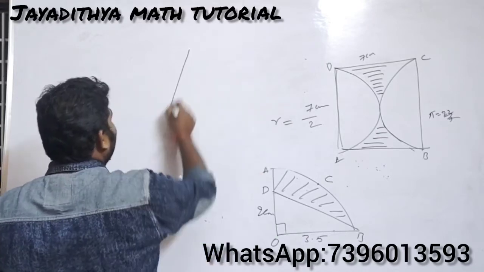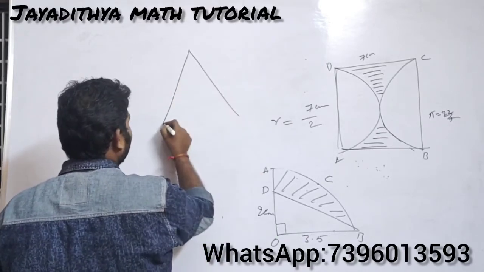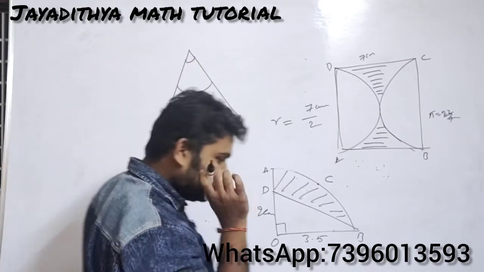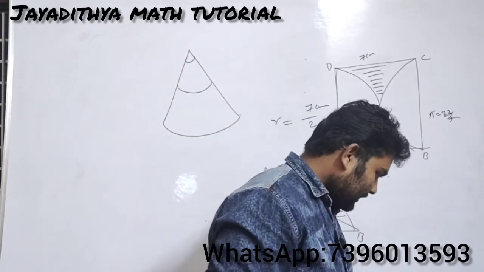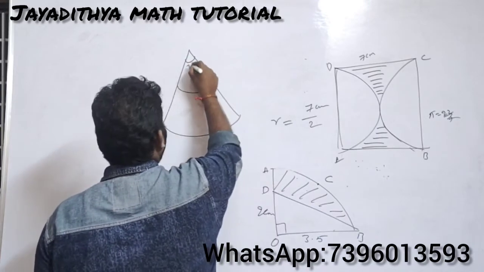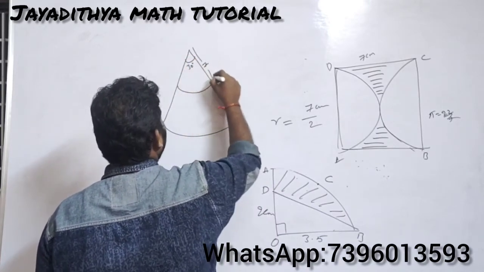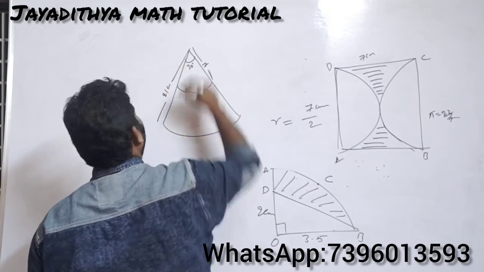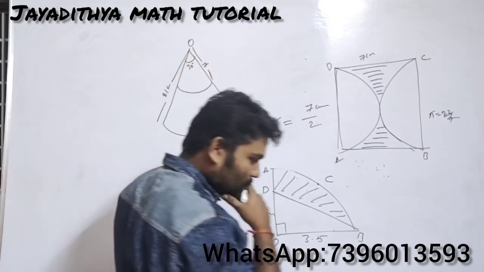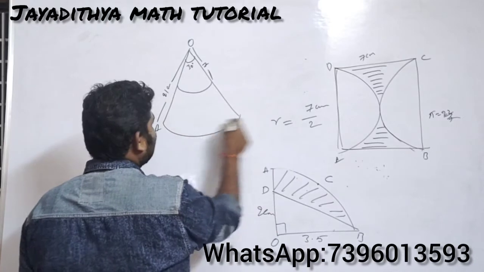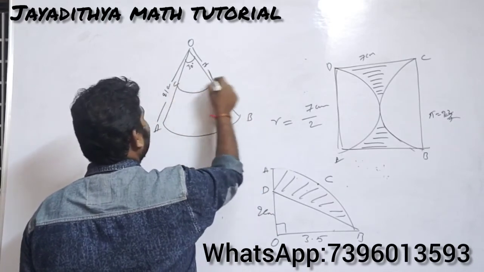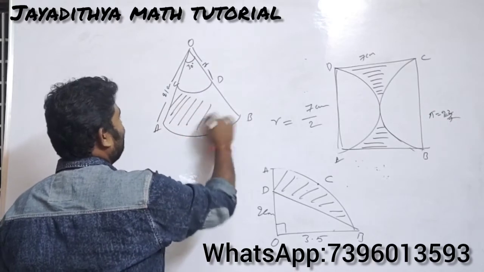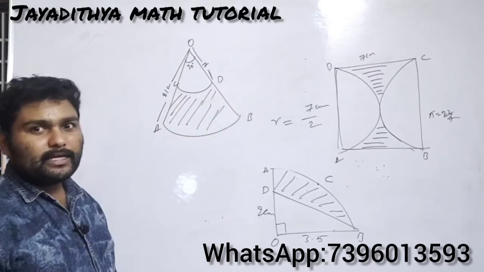So see here, the next problem is like this. Here some angle is given. The angle is given as 30 degrees and he has given some dimensions here. This will be 7 and this will be 21 centimeters. Let us take this point as O. This is A, this is B, this is C and this is D. And you need to find the area of the shaded part.